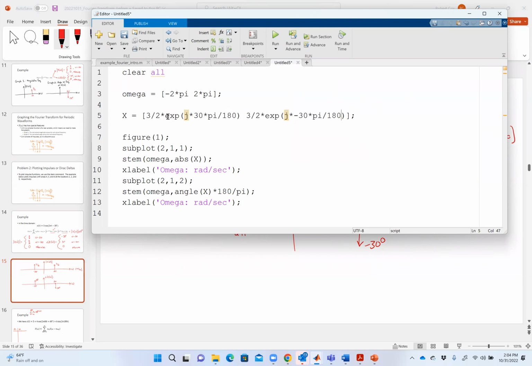Now notice what's true about every trig function, including exponential in MATLAB. What units does it expect? Radians. So I put stuff here in radians. And then what I have here is where I call the stem function. And I'm using, we talked about this a long time ago, the subplot command. What subplot does in this case is show 2 different graphs stacked on top of each other. And what's abs x going to plot? The magnitude. And angle of x is going to plot the angle. So if I run this here,